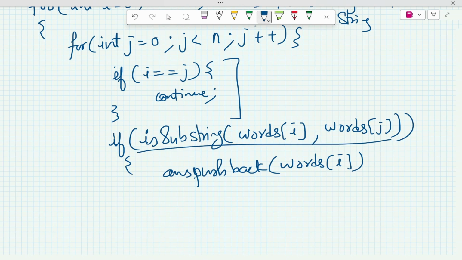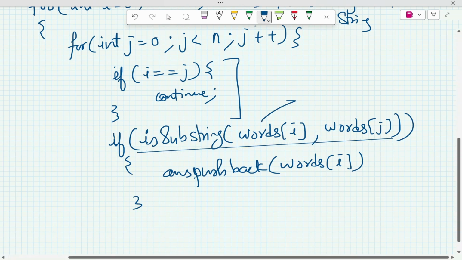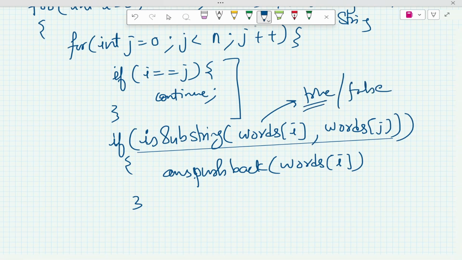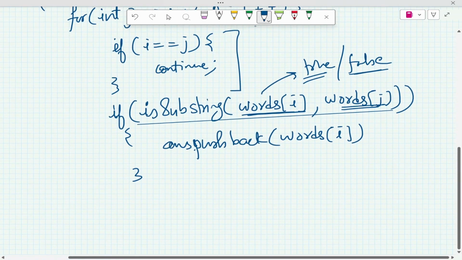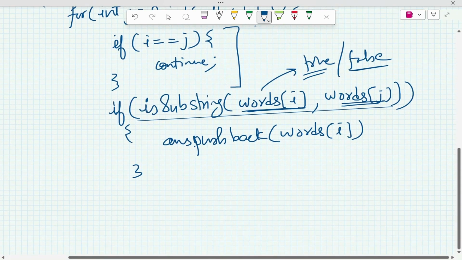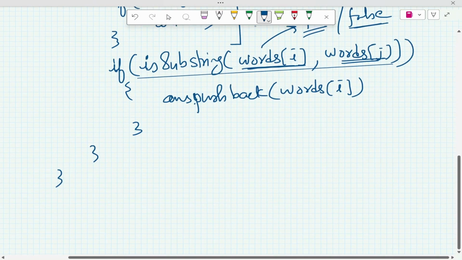So this is the function which we will write, and this is going to return true or false. If it is true, that means this string is a substring of this string. If it is false, that means this is not a substring of this, so we will not push it into my answer. This function we will write shortly. So let's just go, and after the loop ends, I'm going to return